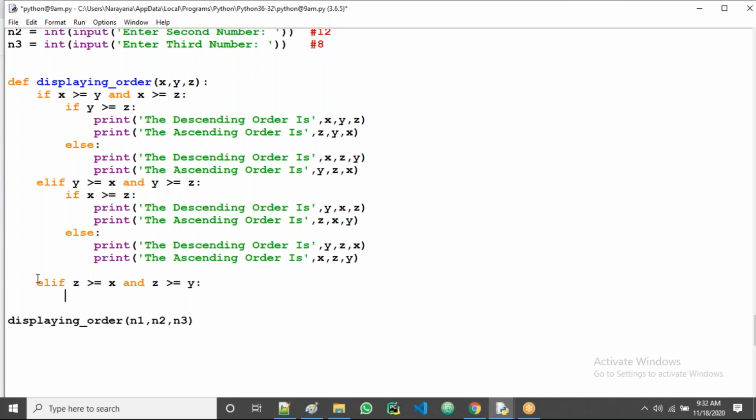Now tell me, guys, what is the sub condition here? What's the inner if? Which one do I compare now? X and Y. We take X greater than or equal to Y. If X is greater than or equal to Y, then here we take print of